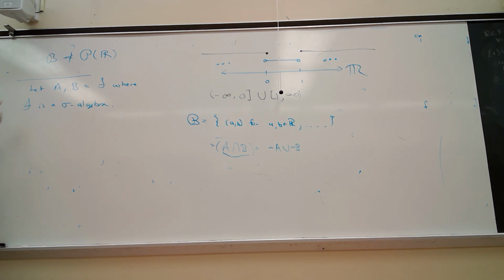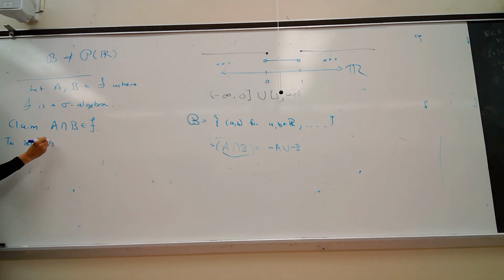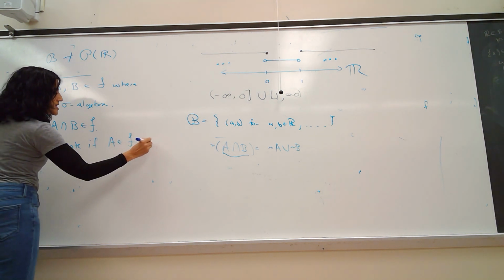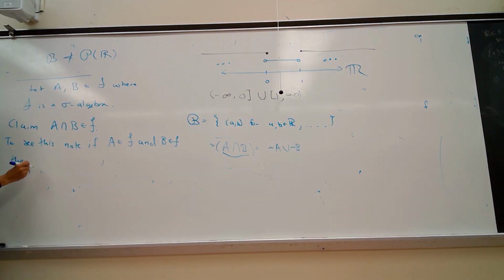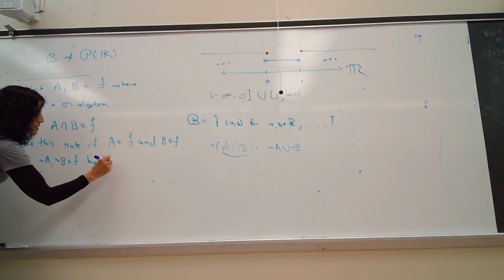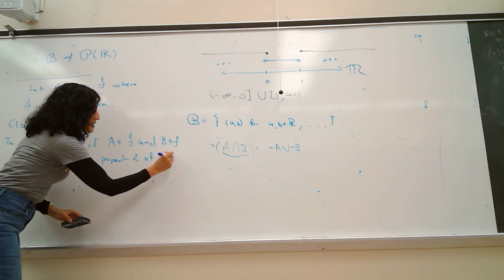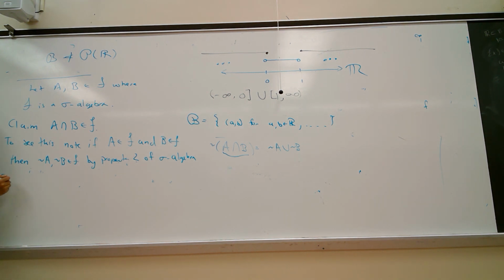So I have two sets, they're both in there. Claim: A intersect B belongs to F. To see this, note if A belongs to F and B belongs to F, then the complement of A and the complement of B belong to F by property 2. So the complement of A intersect B,